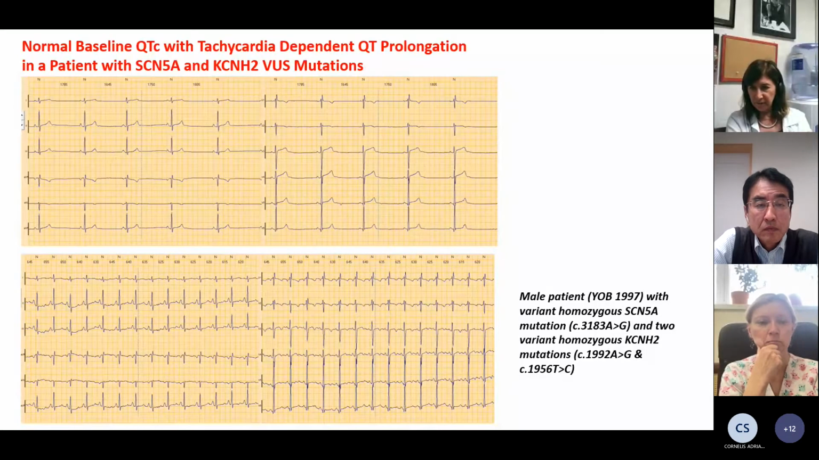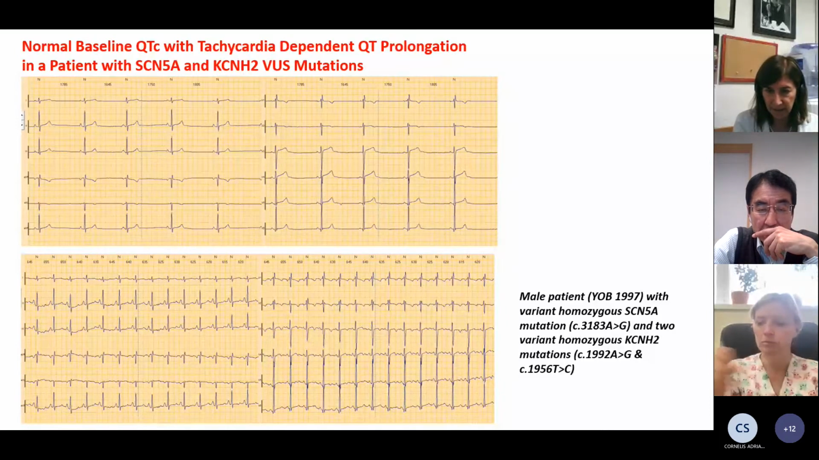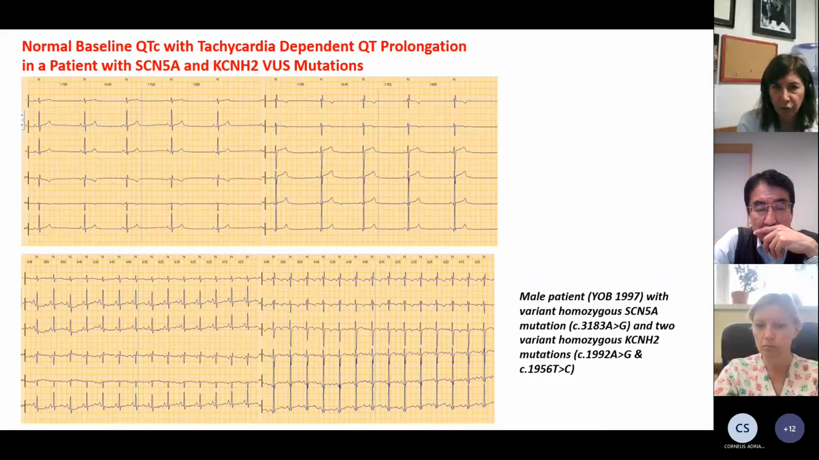So this is a patient that has a variant in SCN5A and a KCNH2 mutation. None of these mutations are considered pathogenic. So this patient has been considered non-affected by other centers. But when we studied this patient in greater depth, also considering that he belonged to a family with sudden death cases, you see that it's not so easy to classify a patient